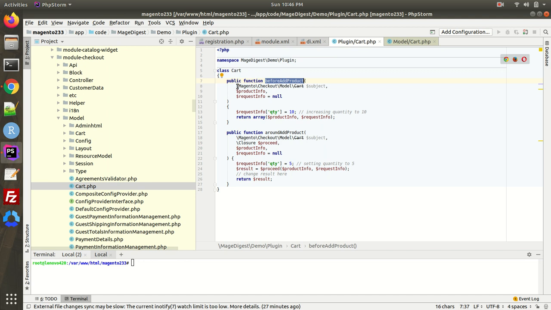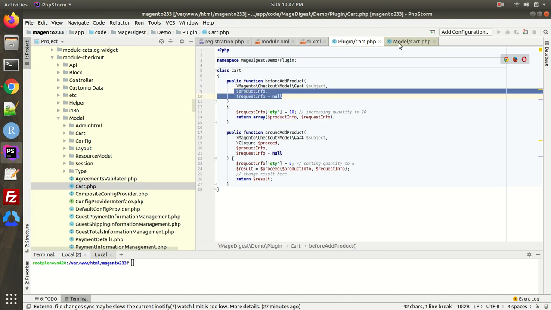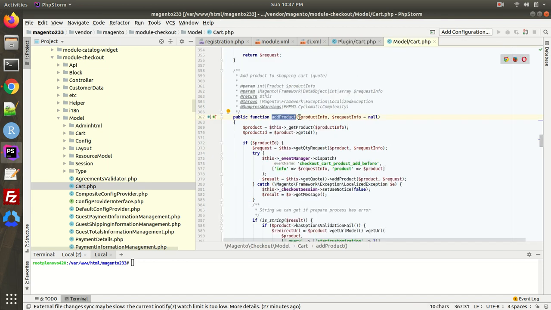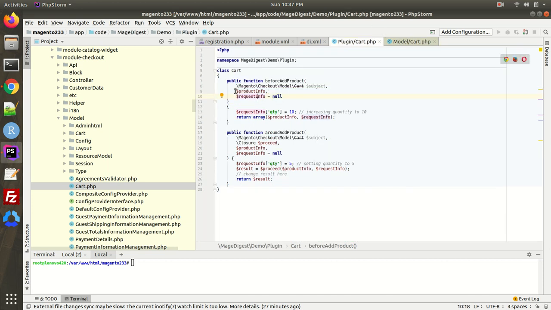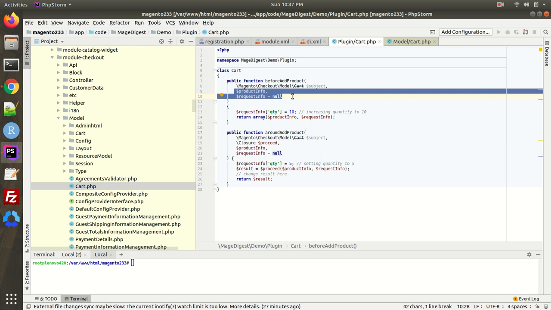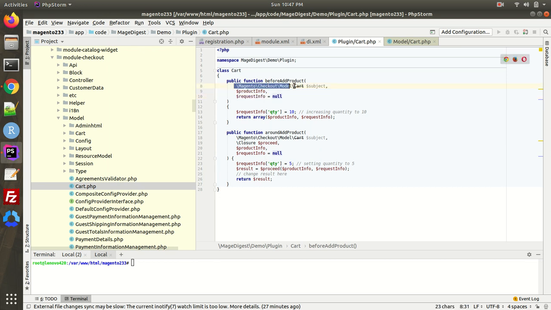Fine. So what we have passed over here is the main class, that is the subject, and along with that we have to pass the parameters. These parameters will be the same as in the main core file. So you have to remember: whatever parameters the main class is executing, you have to pass the same number of parameters over here, along with the subject.